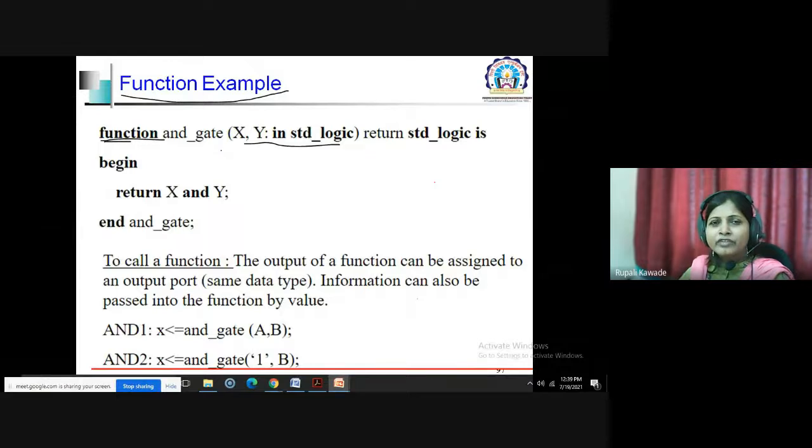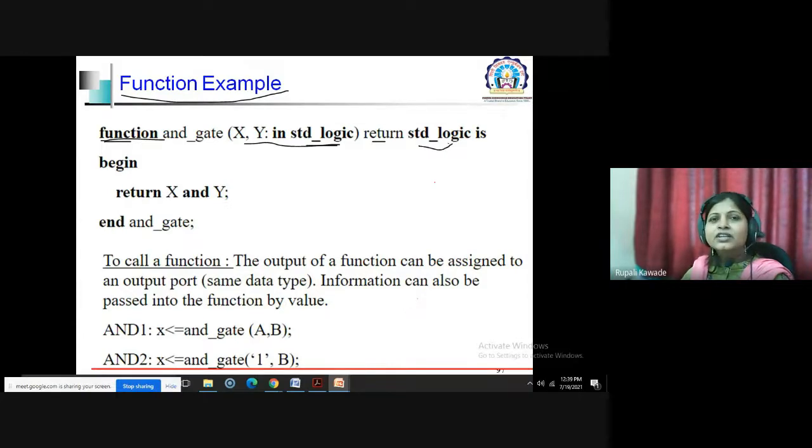Here, the way of specification is different. You write the port names, or the names of the variables, and then you mention their data type. So here, in is the input mode, and its data type is std_logic. Next is the return keyword. What kind of value will be returned by that function? Return std_logic.